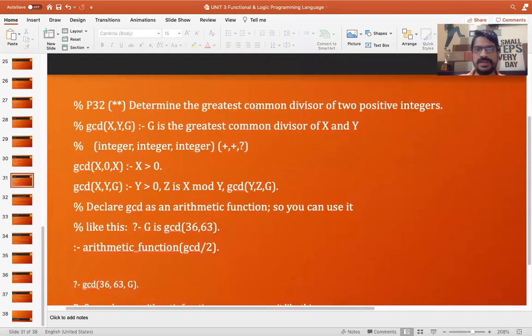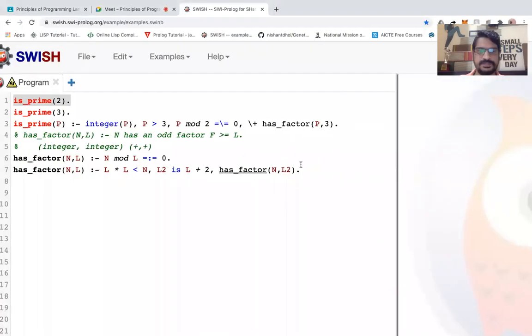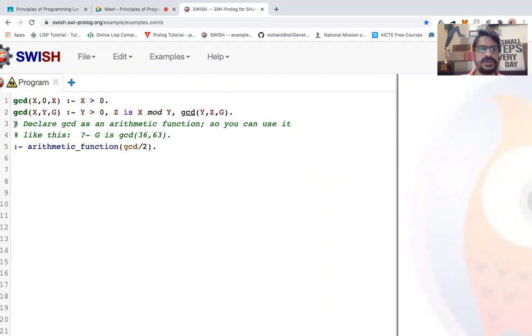एक और है determine the greatest common divisor of two positive numbers, GCD. How you will find out the GCD? So how you will find out the greatest common divisor of two numbers? So for that, we have some logic here. Now here, what it is saying that the GCD x, and then it says 0 and x. So it is finding out the GCD of two numbers,